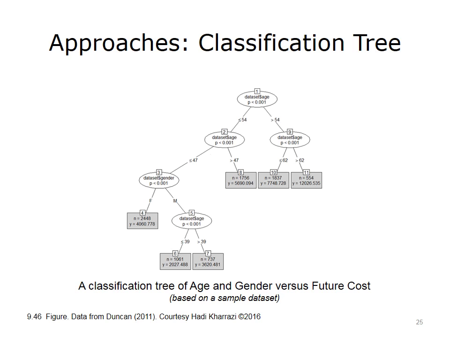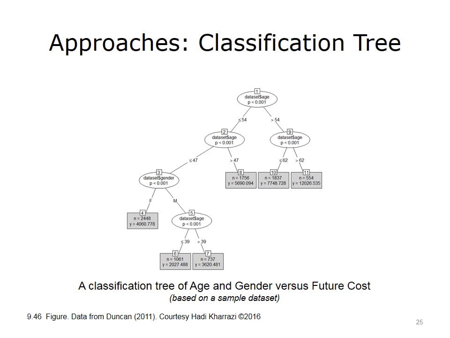For example, in this decision tree, the first branching is based on whether the age of a population is more than 54 or not. Also indicated by the tree is that gender is only significant in differentiating the variance of future cost if the population age falls below 47. In the leaves, N refers to the number of patients in that category, and Y refers to the mean outcome, which in this